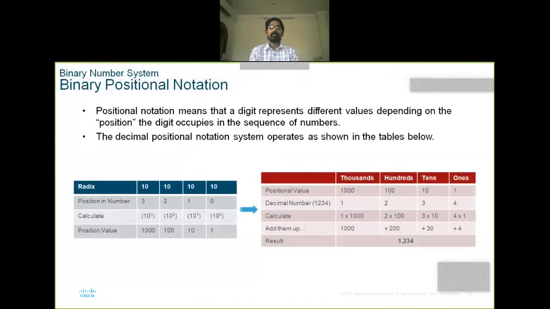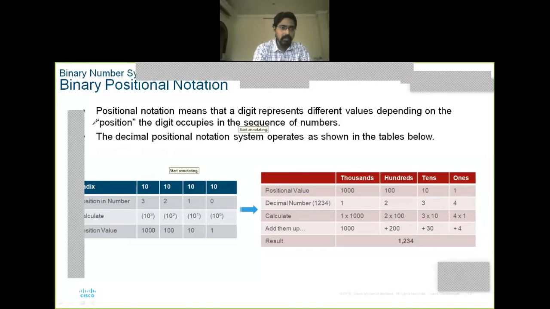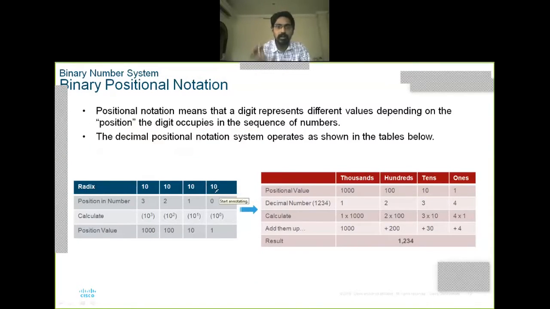In this one, we have conversions. To perform conversion, you need to understand the position values. So observe the blue color table. We have a radix. In that table, we have the position number and we calculate the position value. At the top we have 10, because the decimal numbers are 0 to 9: 0, 1, 2, 3, 4, 5, 6, 7, 8, 9. Totally how many digits were there? 10 digits. That's why we use 10 over here, right? And then obtain the position value.